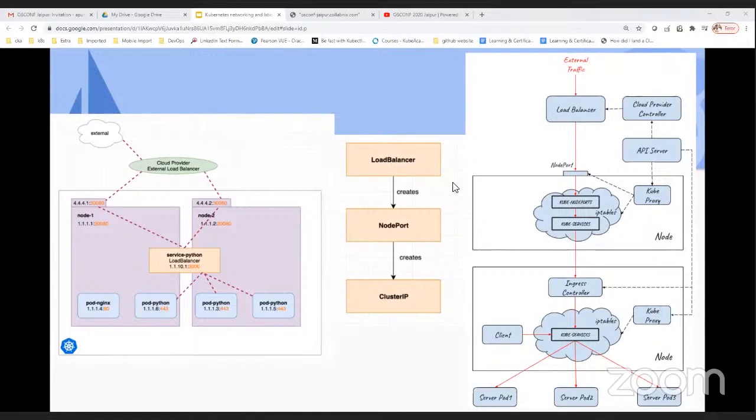For that, a new thing comes into the picture called the ingress controller, where I will only expose the ingress controller with the load balancer, and the rest of the traffic I will manage with the help of ingress rules behind the scenes. In the extreme right-hand side diagram, you can see I have deployed one ingress controller, and with its help I am routing the traffic to the actual pod. This is how I can save the ports, and at the security level I can also secure my application.